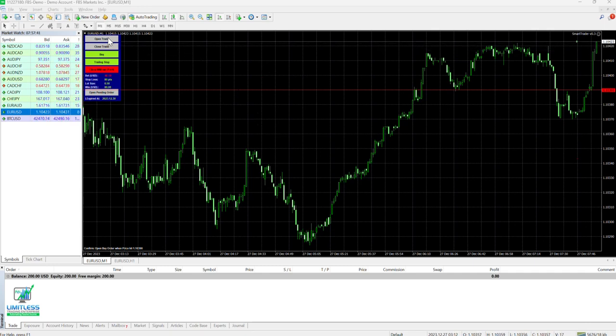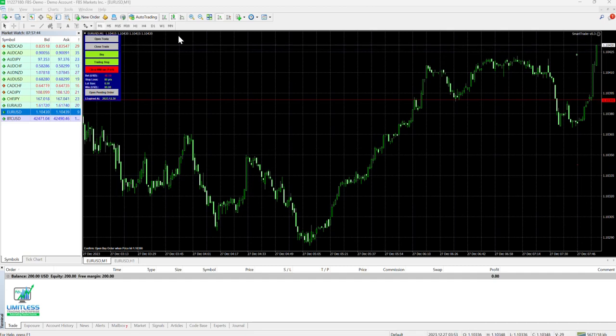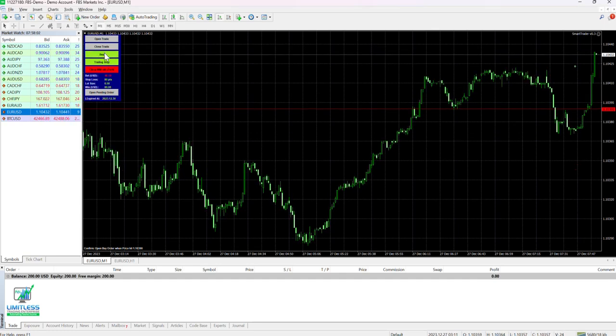on EURUSD on a 1 minute chart. Of course, you can trade with multiple time frames as you wish. On the left-hand side you can see we have a trading panel. On the trading panel there is an open trade button, a close trade button, and a buy button, which you can actually switch to sell or buy. So here you can decide the direction, and then there's a trailing stop. Green is enabled. You can disable the trailing stop if you wish, and then by default there's a close without